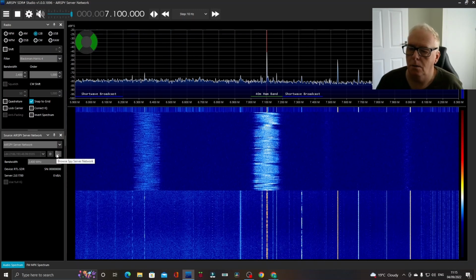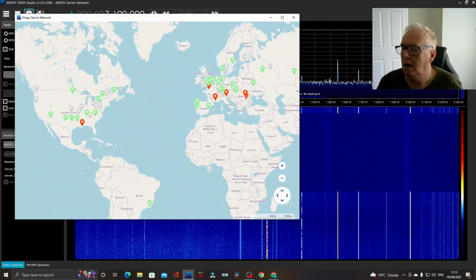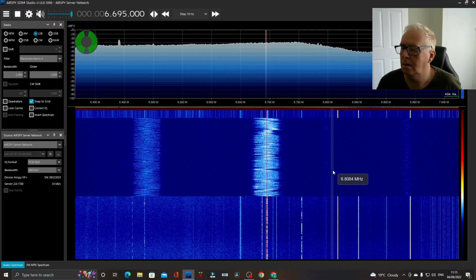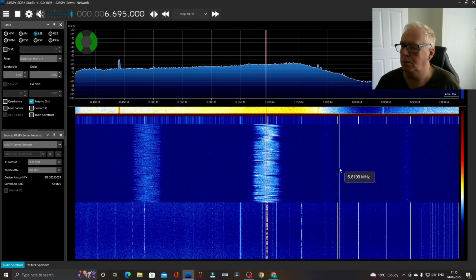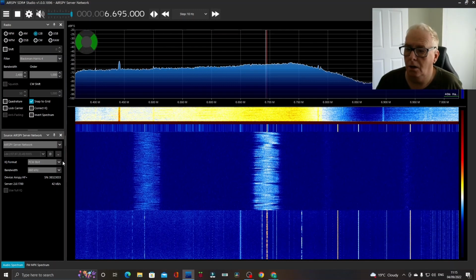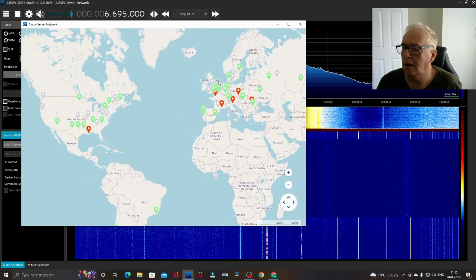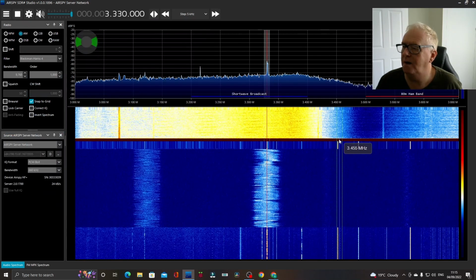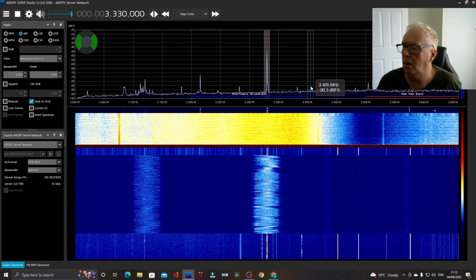But the beauty is that once you've got to this point, you can either click set up here and select a different one, and that one is working, or you can click on here and select another one. Now I have found that a lot of the frequencies are not